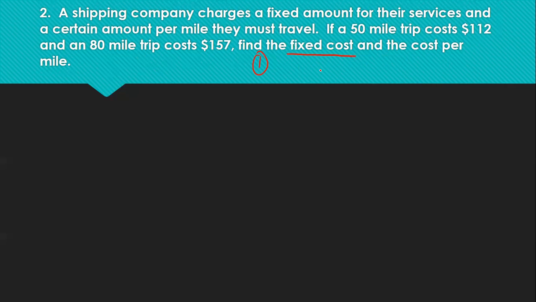So fixed cost, right? We don't know it. And our cost per mile, we don't know. So those are our X and our Y. What they're asking you to find are your unknowns. Okay. Step 2 is to create our equations. So using the given information, we know that a 50-mile trip costs $112. Okay, so $112 equals,